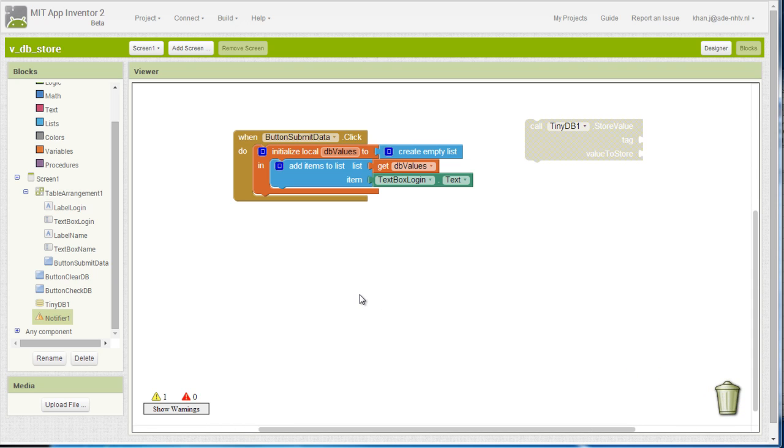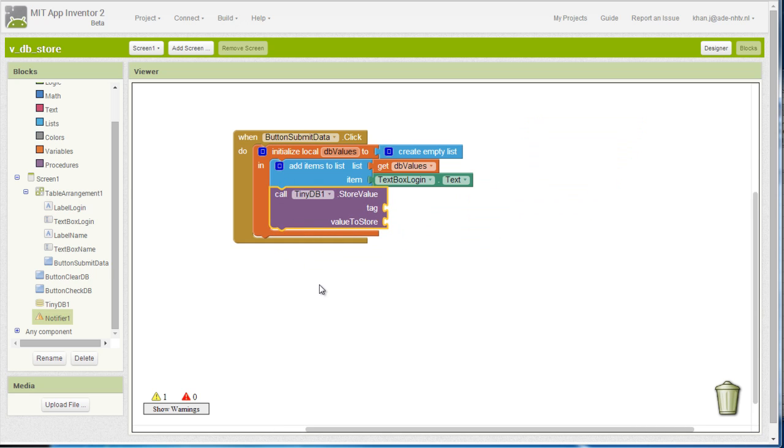And as we said, the purpose of this exercise is to add those values in the database. So here is the store value block, which I'm going to enable and then place right here. So as you can see, the store value block needs a value to store, and that's going to be the list that currently has only one item, the login item. So I still need to add the username item,